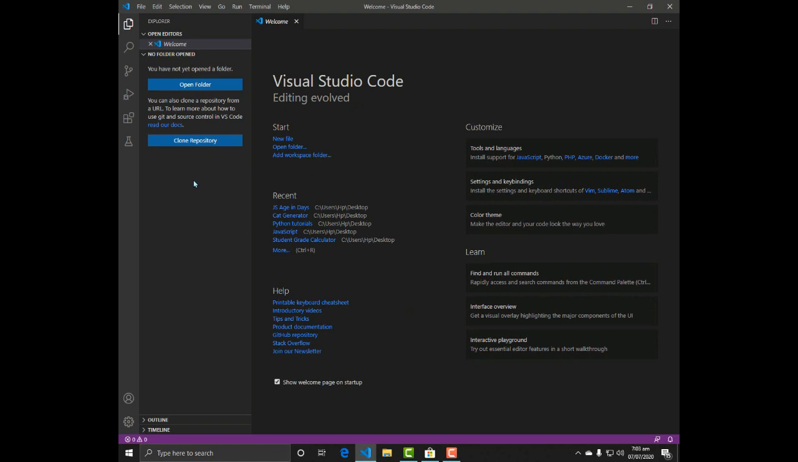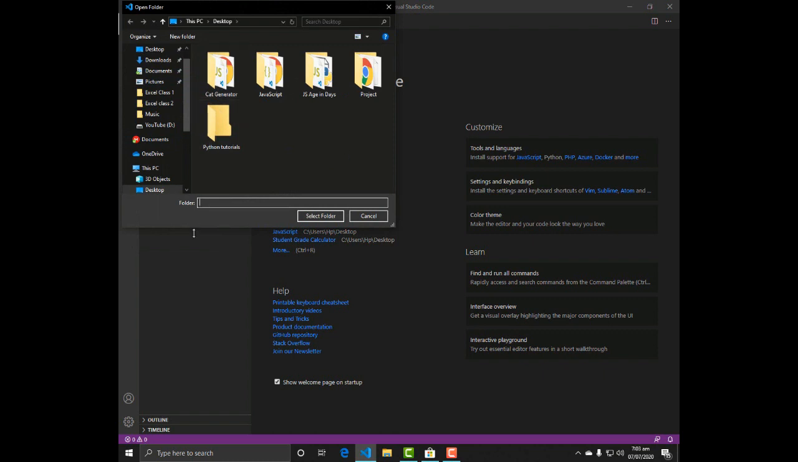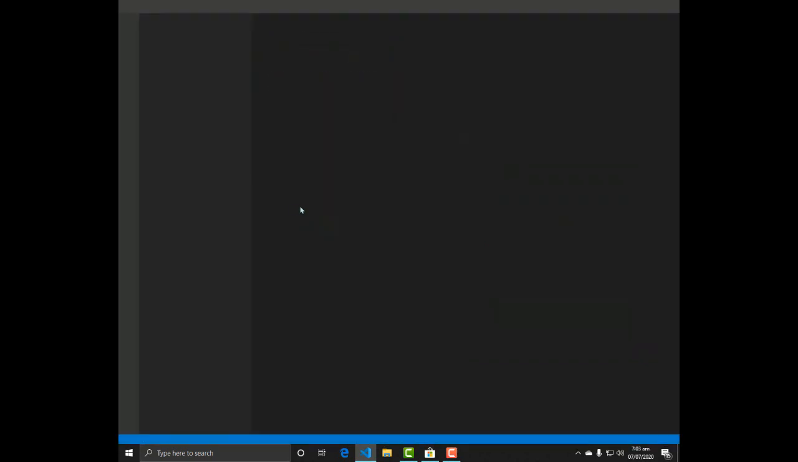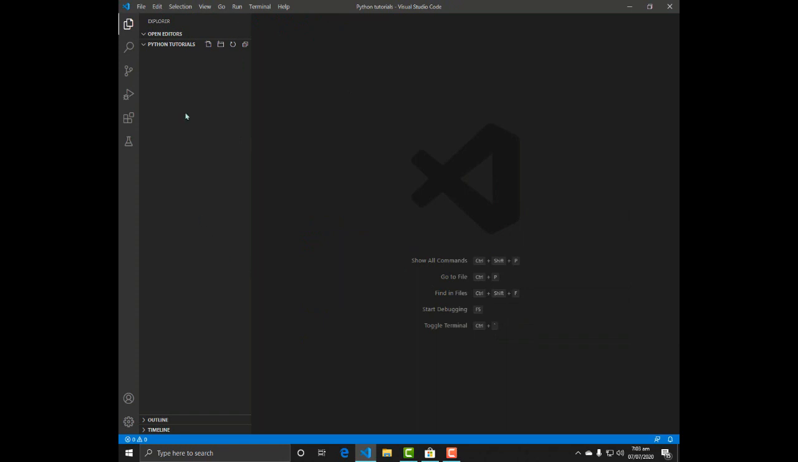So guys, VS Code has opened, and you can open the folder in two ways. First of all, you can click open folder, or you can go to file and click on open folder. So we are gonna be opening the Python tutorials folder that we just made on our desktop here, and it has opened. First of all, we are gonna close our welcome screen. Then we are gonna come to our Python tutorials tab and create a new file by clicking on the first icon,